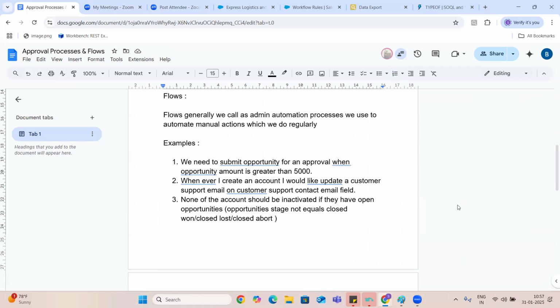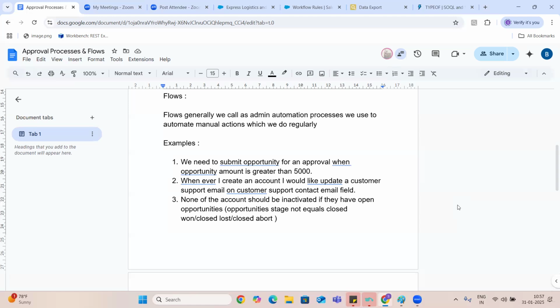That is not possible with workflow, guys. Okay. When an opportunity is greater than 500. Whenever I create an account, I would like to customer support email. This is possible. Okay. Because this is something they are asking at the time of creating an account.